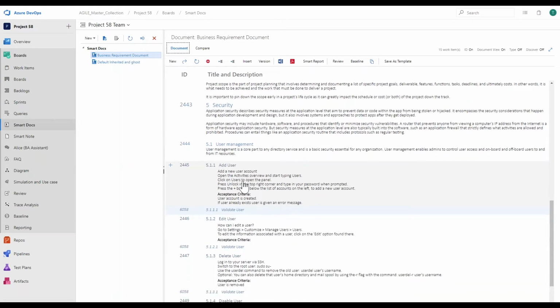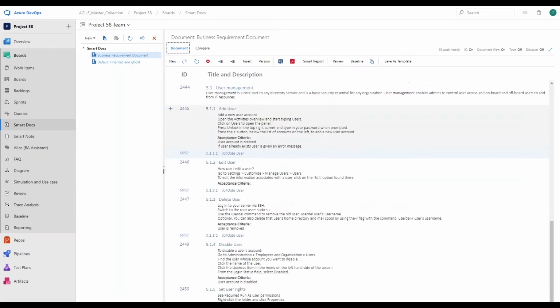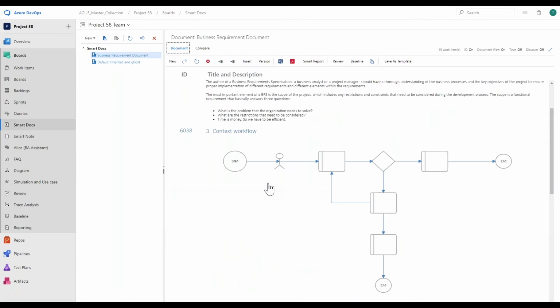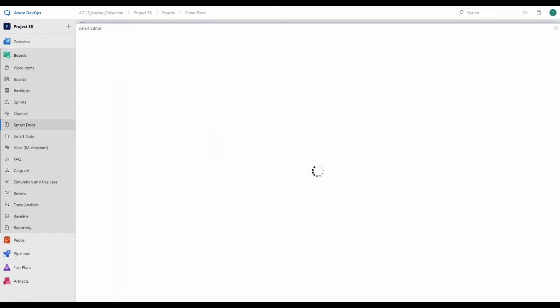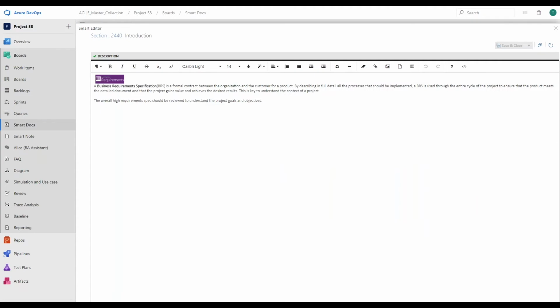But in stories, I'm showing not only the description, but also the acceptance criteria. So that's how this particular document looks. And if you wanted to provide more details to it, then you simply double click on one of the sections and it opens up the work item, and then you can type in